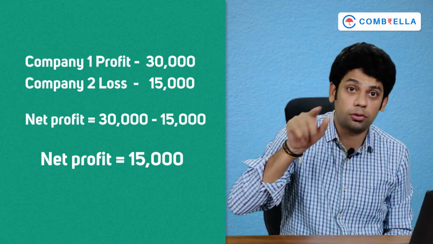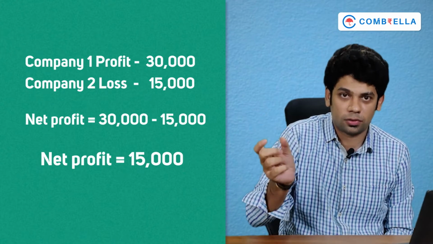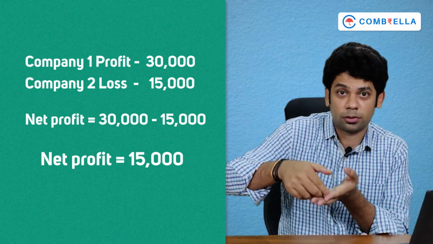And friends, this loss can be carried forward for 8 years. That is, this 15,000 loss, which I gave you in this example. Suppose you don't have any profits in this year to set off this loss, right? Doesn't matter, it's fine. You can carry forward to the next year to set off against the profits of next year. Now in the next year also you don't have any profits to set off this loss. Doesn't matter, you can carry forward for 1 more year. Like this, you can carry forward this loss for 8 years until you set off against some profits. After 8 years, this will lapse.